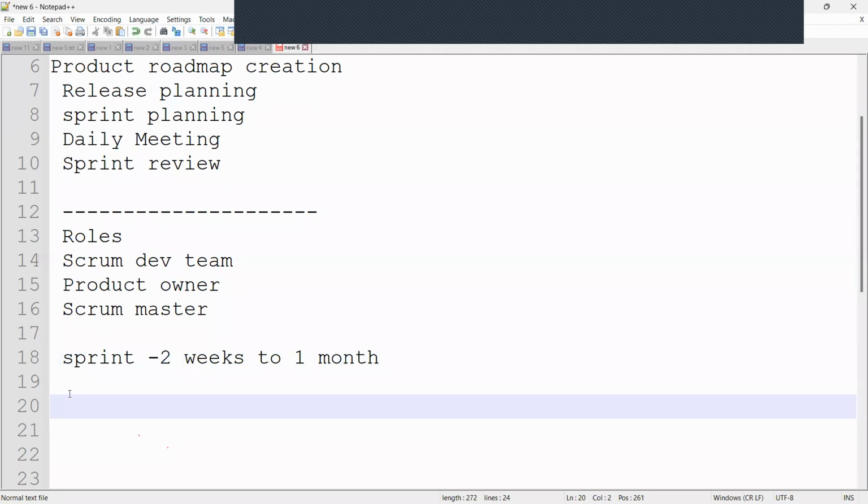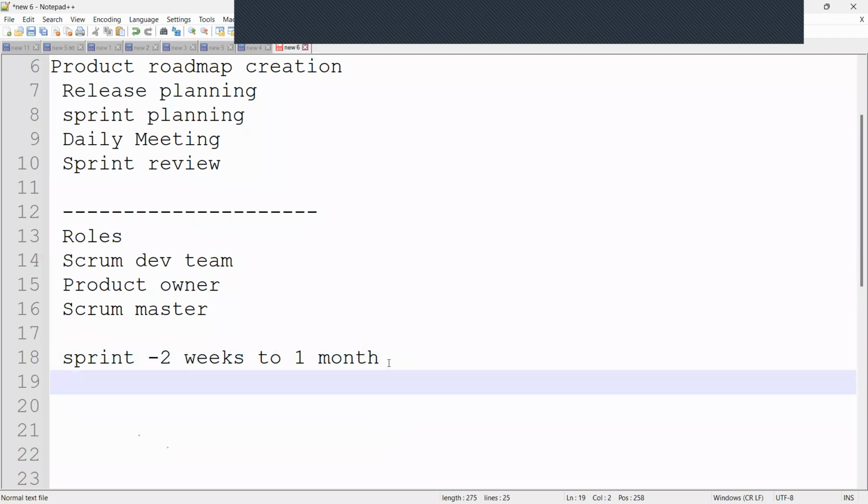Right, fine. So now, sprint means here 2 weeks to 1 month. That is based on the company. So this is a predefined interval, or you can call it a time frame. Right. So now in this time frame, which work has to be completed and made ready for a review or ready for a production deployment. So in this time frame, the sprint,